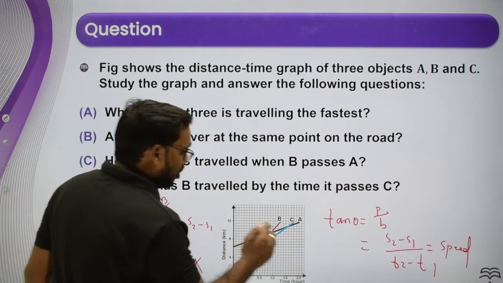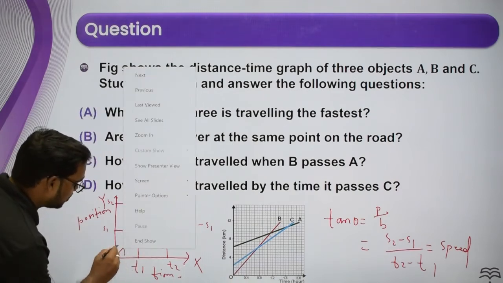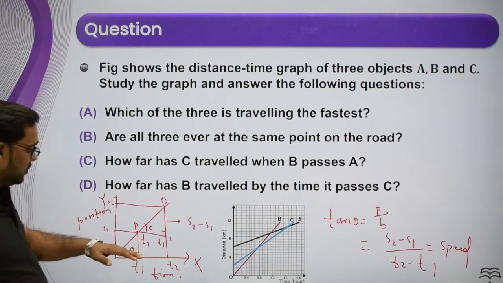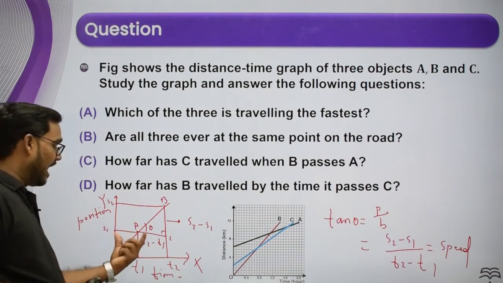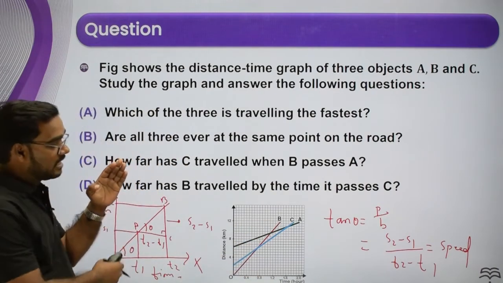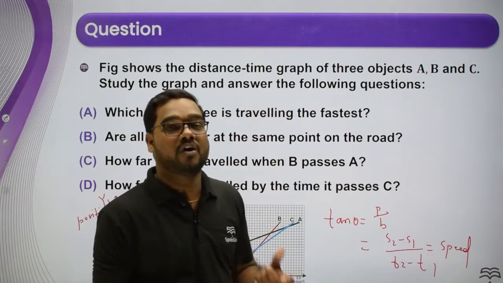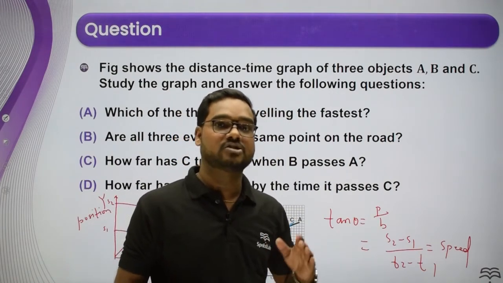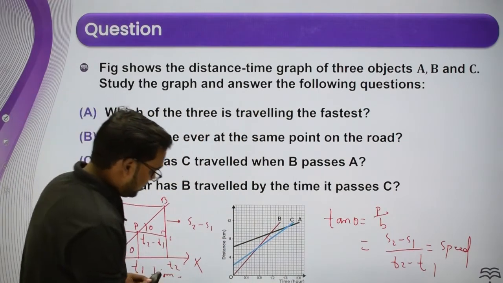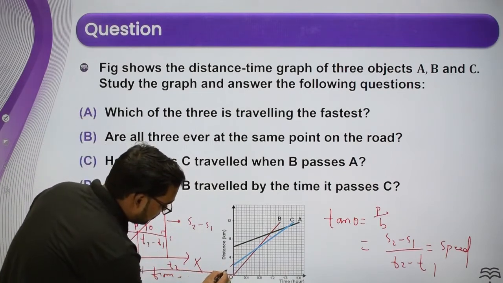Now you can see here. You know that this is tan theta, this is also theta, this is also theta. If this is theta, you know that the inclination of this line with the x-axis is the slope. That means the slope of the line will give the speed or velocity. You just need to calculate the slope. Now see over here. If you extend this line backwards, and join this line.